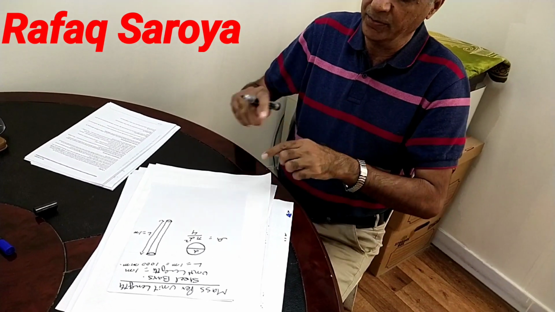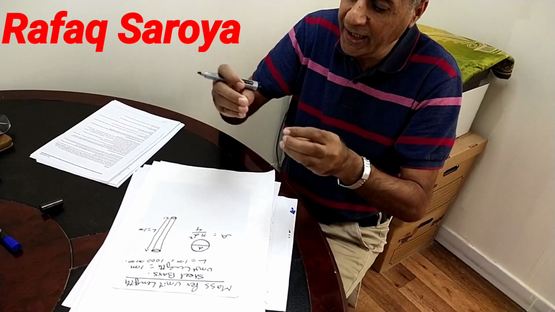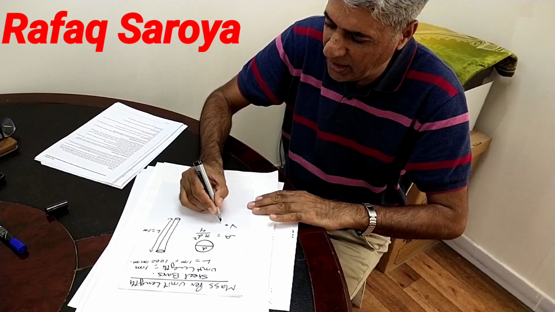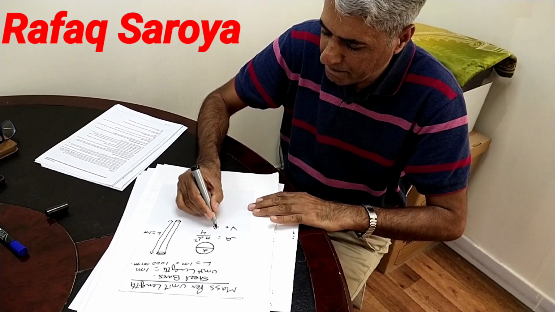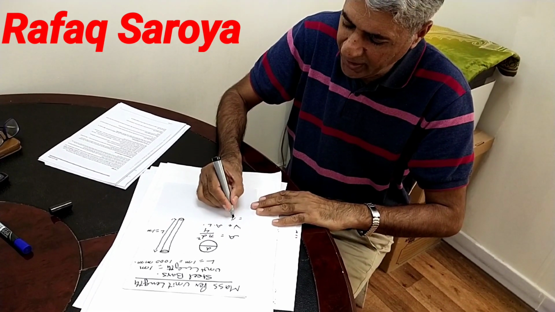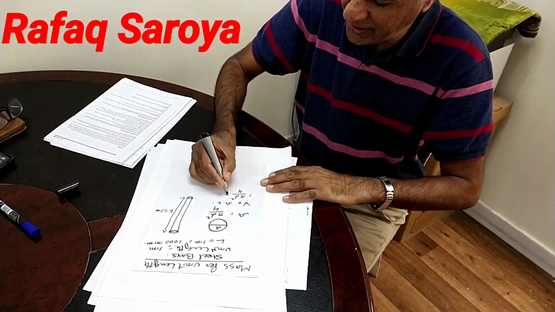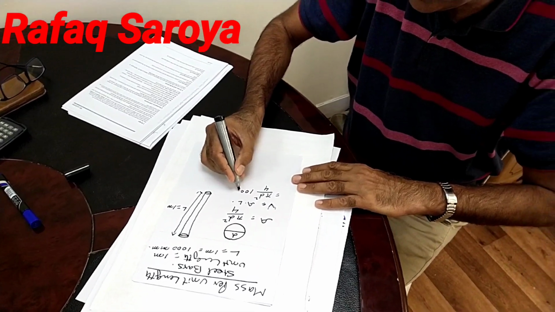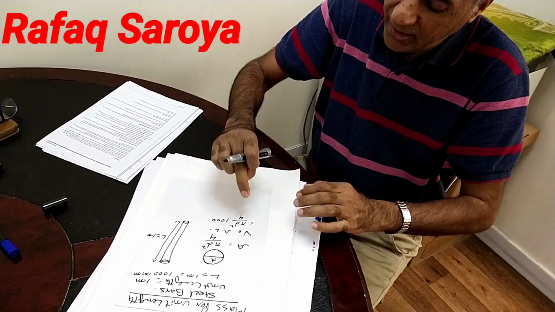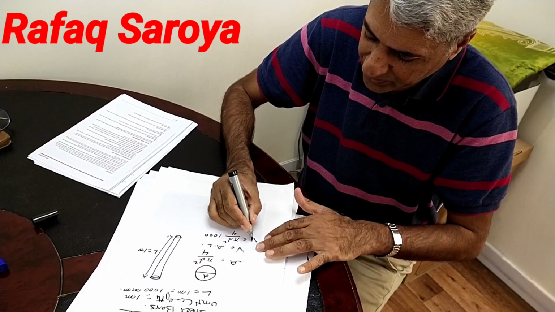Now you keep one thing in mind. We have the area and we have the length. When area and length are known to us, we can find out the volume. So volume would be equal to area into length. Now what is the area? Pi d square divided by 4, and length is equal to 1000. And this d is unknown. We don't know what is the d. And when this volume is known to us,